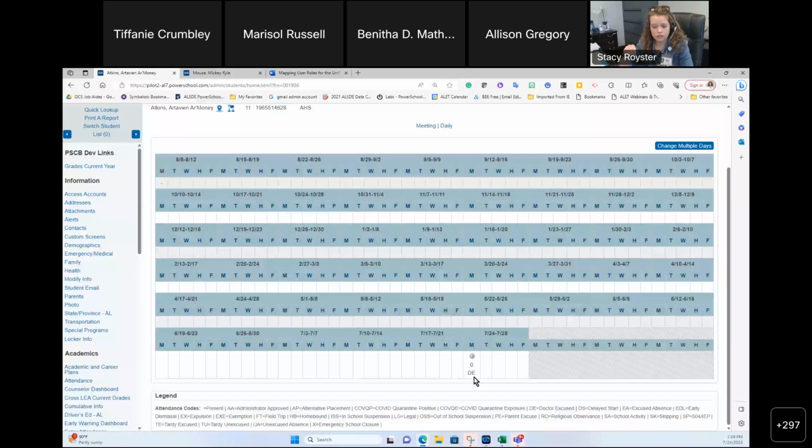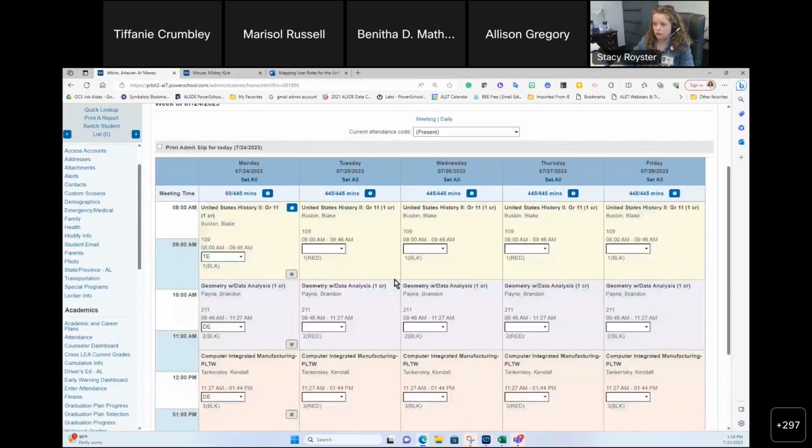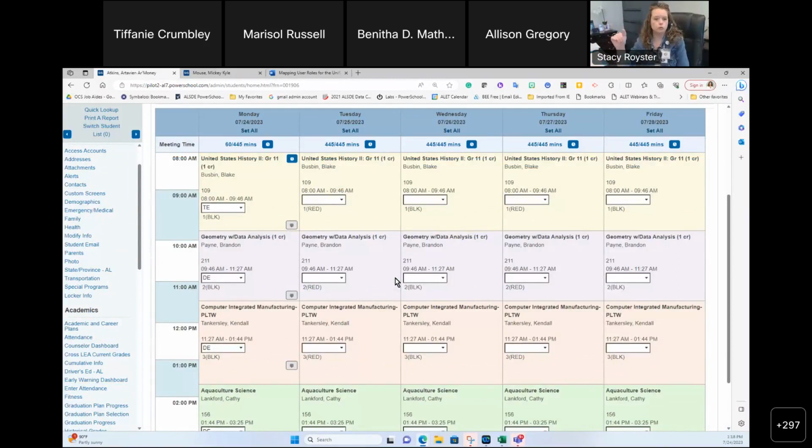Now, one of the questions that I know I'm going to have from districts is, what happens, Stacy, if, let's go back to the enter attendance screen, you have multiple codes within there. You know how some kids will be late to school, so they check in because they were doing something, and then they check out because they're doing something later. And so you have different amounts of codes across different periods. What it's going to do is look and see which one has the highest majority of the day being used. So if I have, let's say, a check,